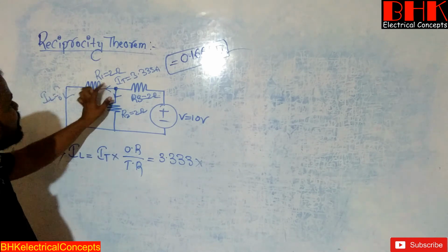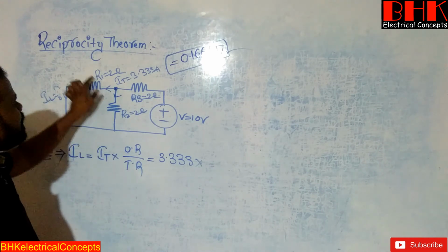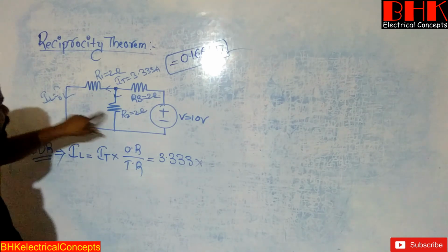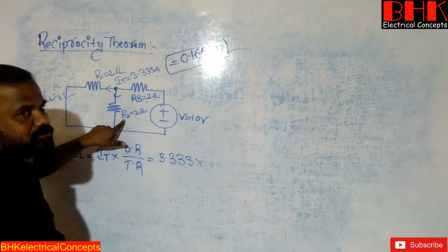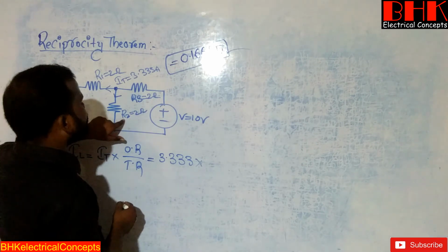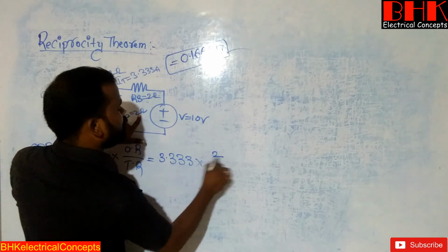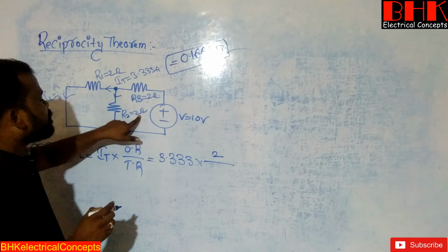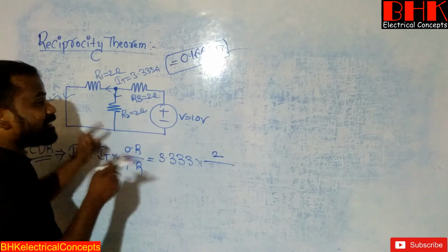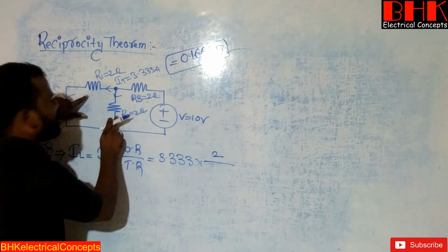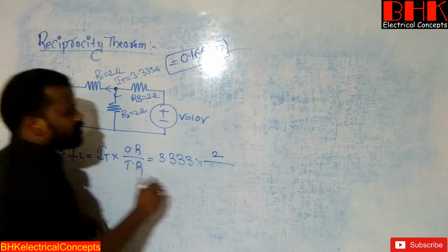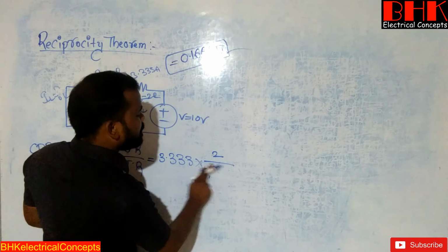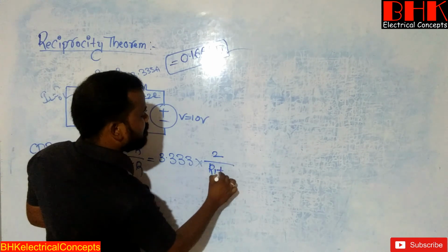From this junction point, current is divided into the R2 branch and the R1 branch. We are calculating only in the R1 branch, so R2 is always the opposite resistance, as I just told you. Clear? So R2 is the opposite resistance. What is the value of R2? 2, divided by the addition of resistances. Addition of resistances means we consider only R1 and R2, because current is divided only in these two branches. That means R1 plus R2.